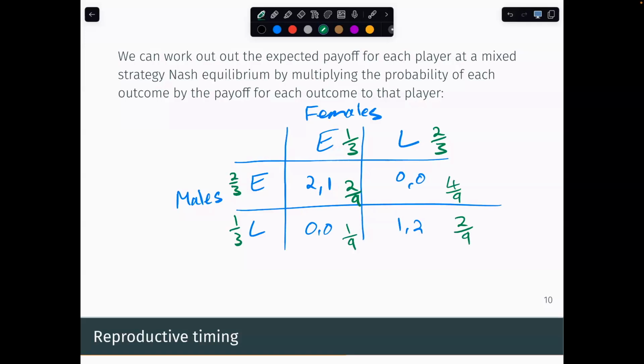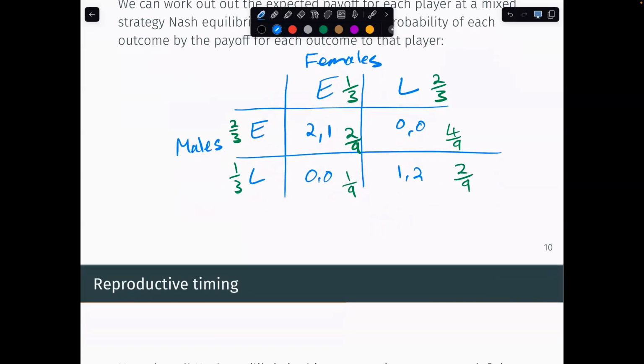Like I said, you don't have to write it out in this format. Sometimes it can just help visualize to make sure that you haven't made any mistakes. So then we can think about, at our Nash equilibrium, what is the expected payoff for males and females? I'll just denote this with an asterisk. What we then do is we just multiply out all of these things. So we're going to have the payoff that we would have when males and females mate early, which is 2, times by the probability that that outcome occurs, which is 2/9. So for males, we'd have 2 times by 2/9, plus 0 times by 4/9,